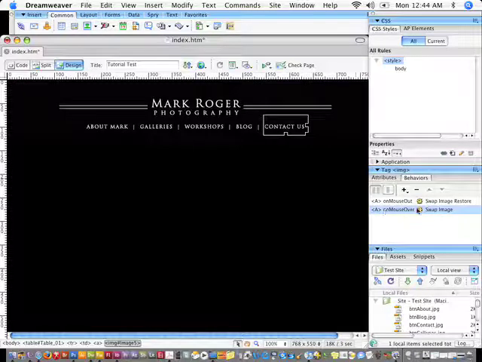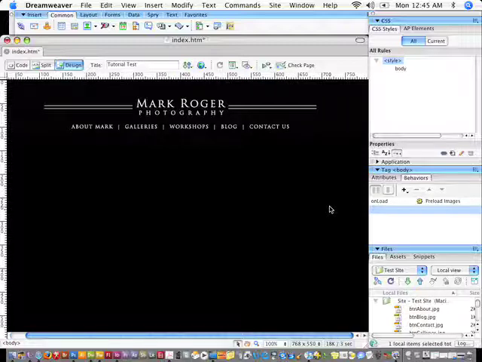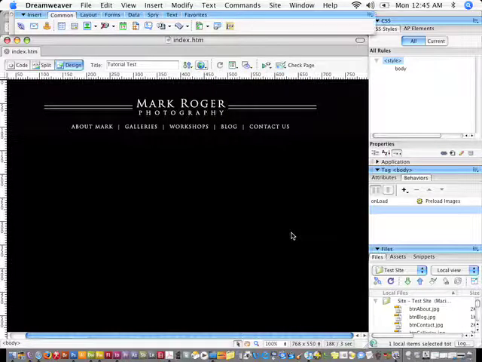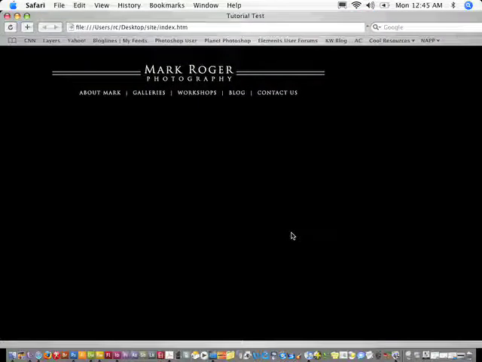Now, as soon as you set this up, notice what happens is it sets up an on mouse over event for the swap image, and on mouse out, it brings you back to the original image. So now that I have that set, I'm going to click on File Save, and I'll preview this in Safari. That's going to open up a Safari page, and now notice that that's normal, and if you put your cursor over it, it adds that.